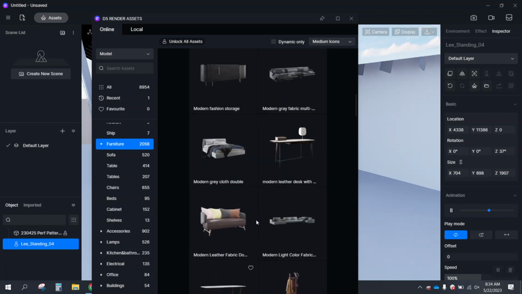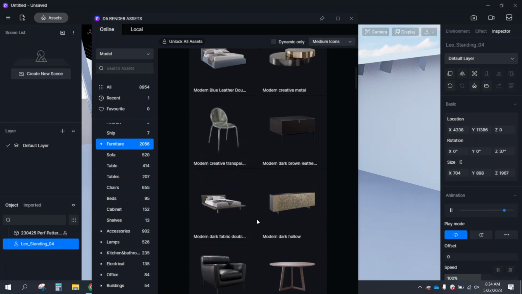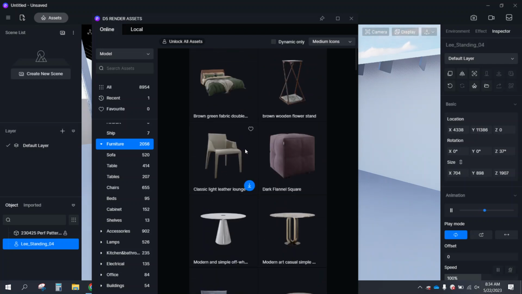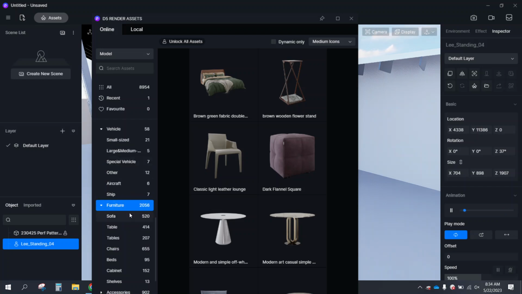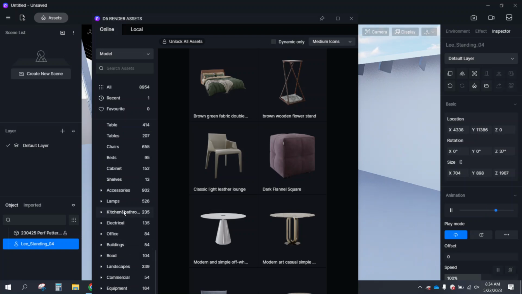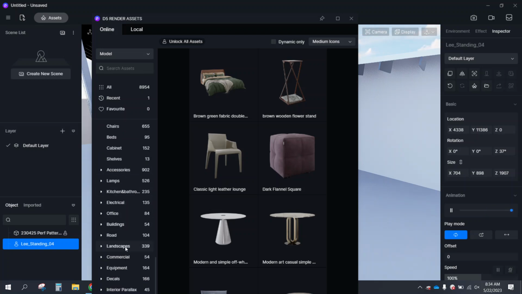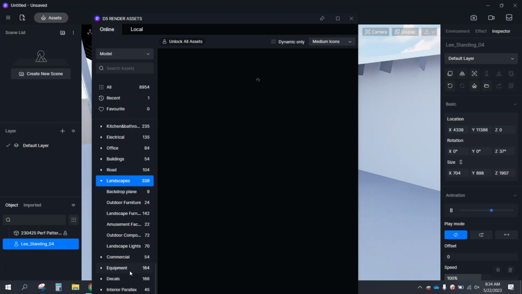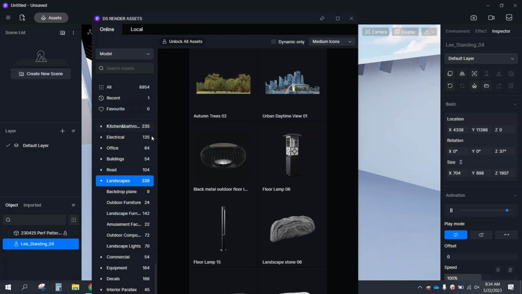But again, for simple renders, and for the sake of the projects that you all are working on, you want to keep things simple. Don't overdo it with furniture and other assets in the project. So landscapes, road, office. A lot of really interesting things to add. Let's say we wanted to add trees to the background. You could download autumn trees,